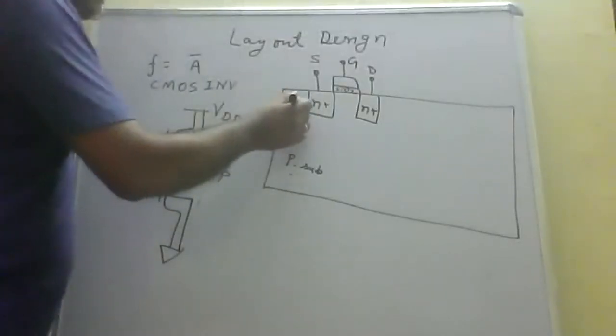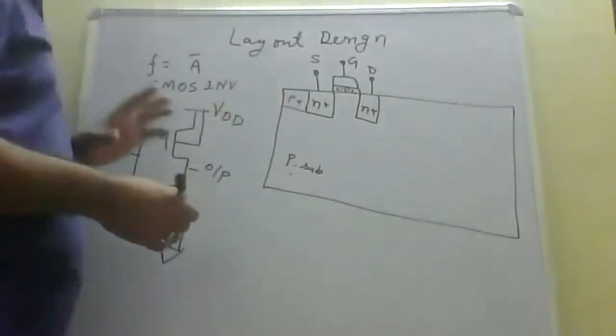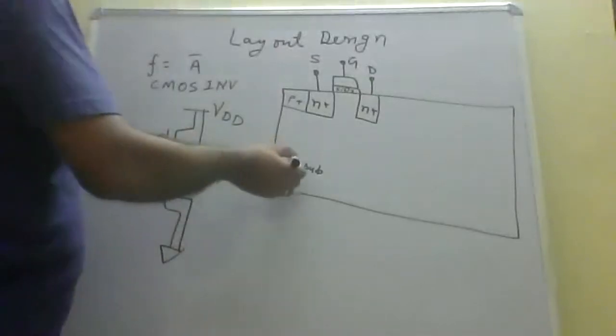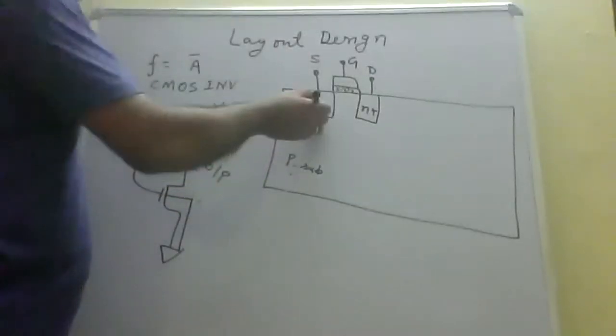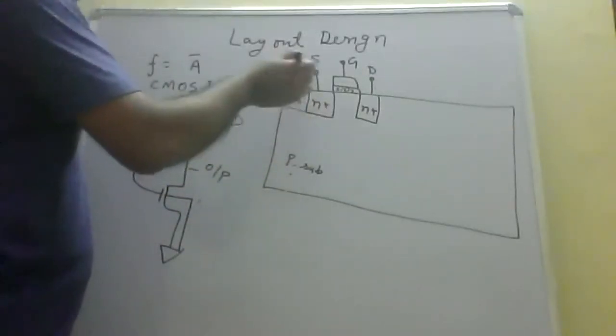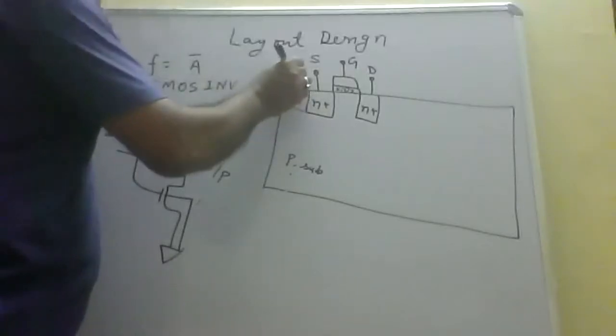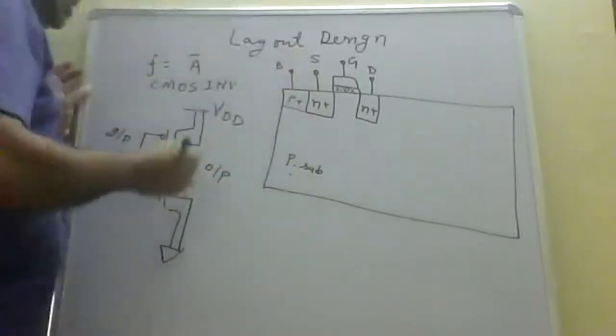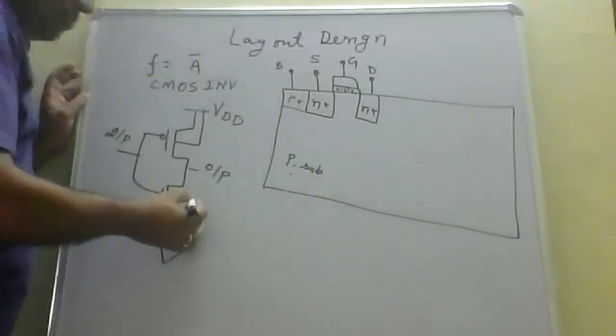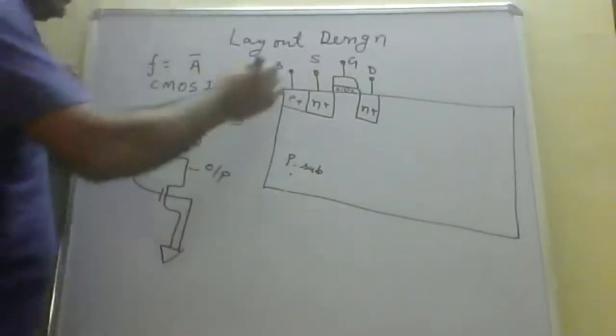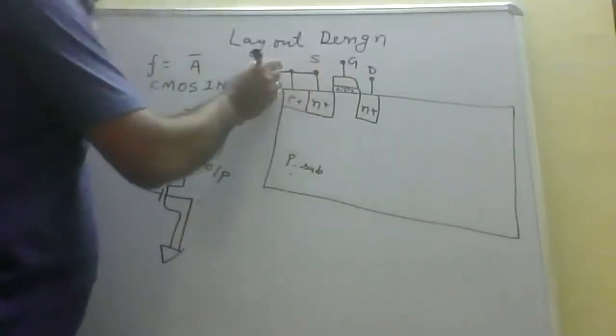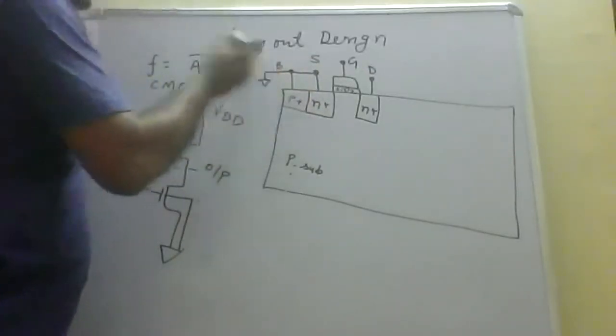Here there will be a source, this will be the drain, and for the body terminal we create a P plus. P plus means what? P plus means heavy doping, as compared to the P-type substrate. So N plus and P plus mean heavy doping. And here there will be a body terminal. As shown here, the body and source are connected together to the ground. So we short this and connect it to the ground.